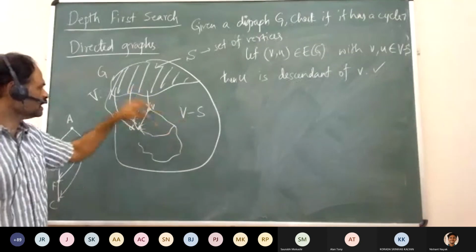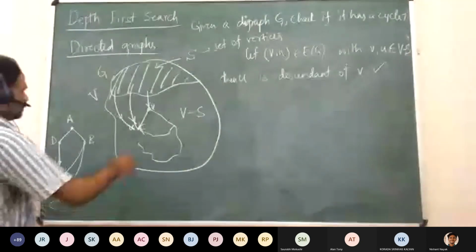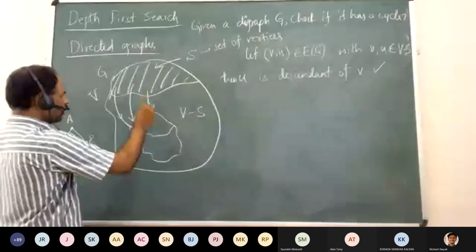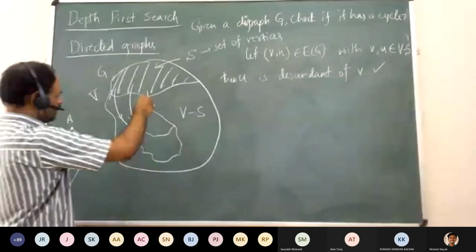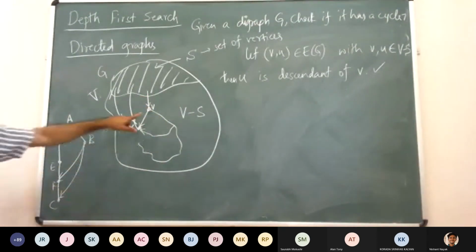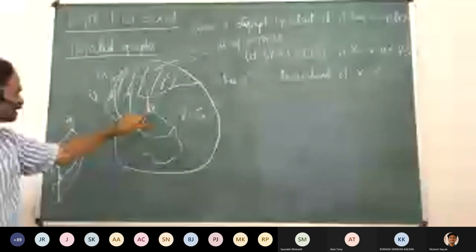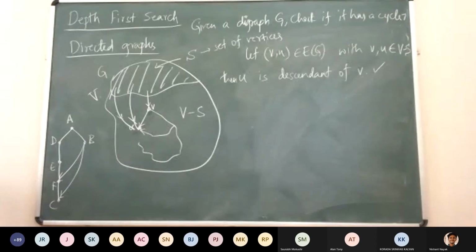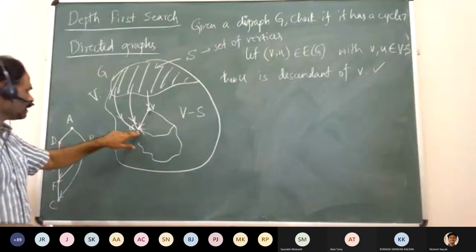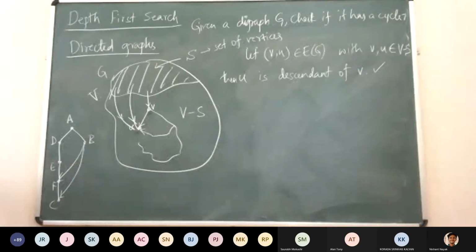Then it will see if any of the neighbors of V are unexplored. It will backtrack only when all the out neighbors of V are at least explored. U is an out neighbor of V, so it will check if U is explored. If it is already explored, then it is already a descendant of V. If it is not explored till now, then it will definitely explore U, then it will become a child of V, which means it becomes a descendant of V.